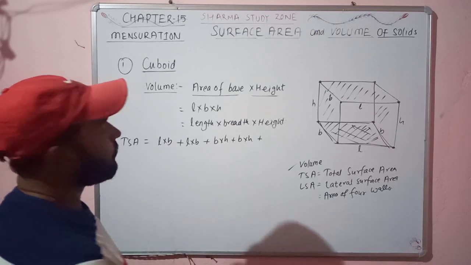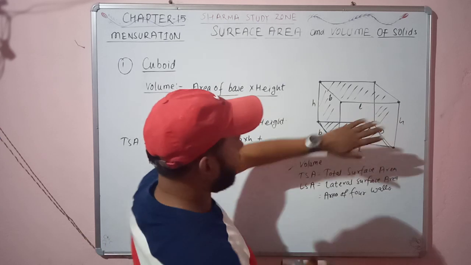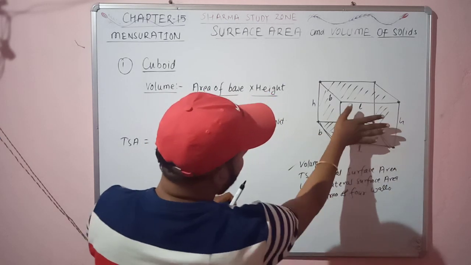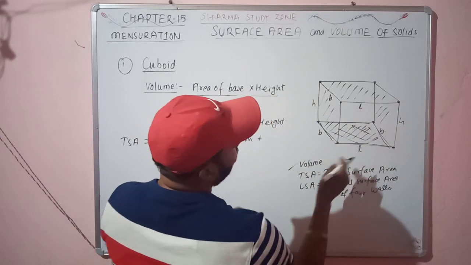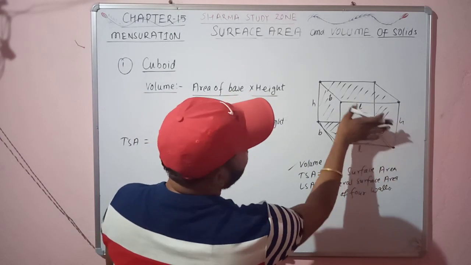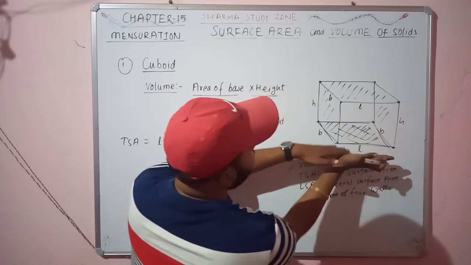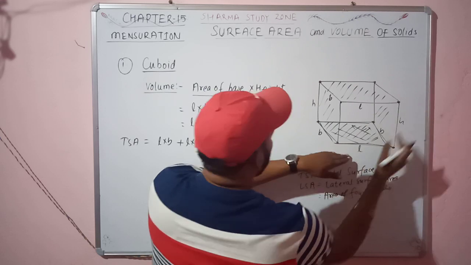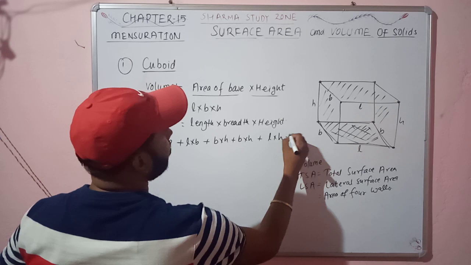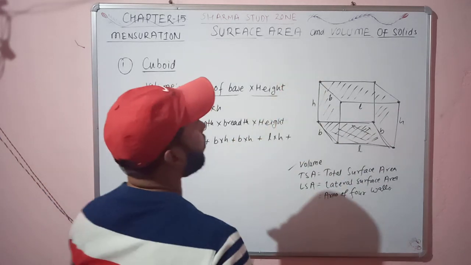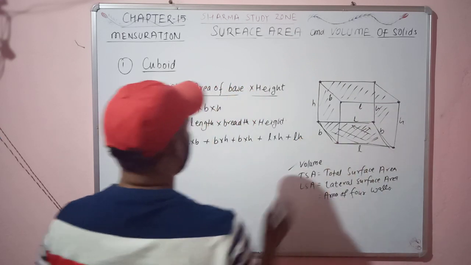Now the next part we have left is the front side. The area of the front side of the cuboid will be equal to the area of a rectangle, because it is also in the form of a rectangle. It will be L into H. You can see this one is length, this one will be the height. So the area of the front part of the cuboid will be L into H. Similarly, the back side of the cuboid will also be, this one is length and this one is H. So it will be L into H.